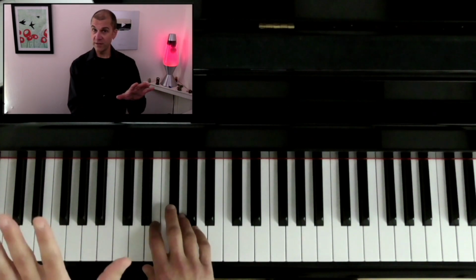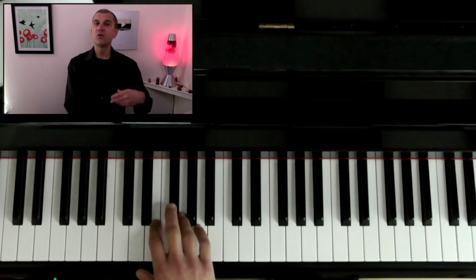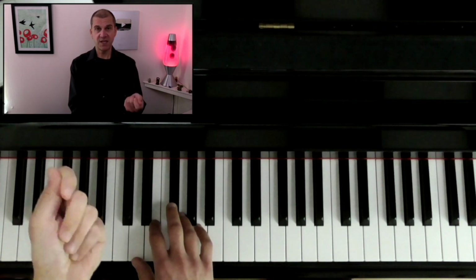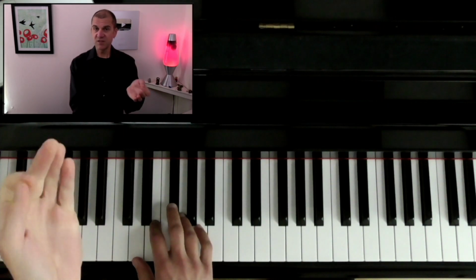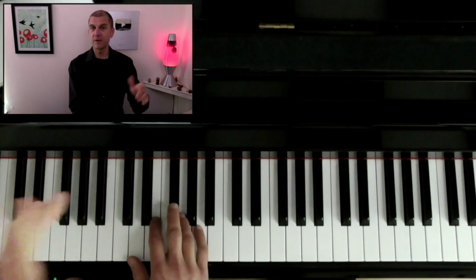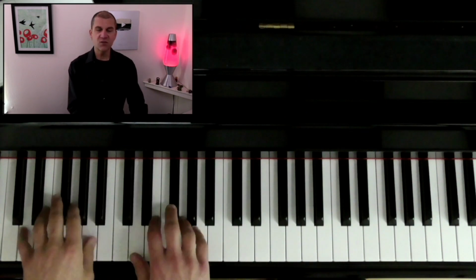You can breathe at that point, or you can maintain your engagement and get ready for the second section. If you're really struggling with the tonal onsets, don't take the breath. Maintain your engagement. Make sure that you've got a good breath at the beginning of the whole passage, but don't take a breath here if you're struggling a lot. If you want to challenge yourself a little bit, having practiced it a bit, then you can incorporate the breath later on. The second half, so the whole thing together,